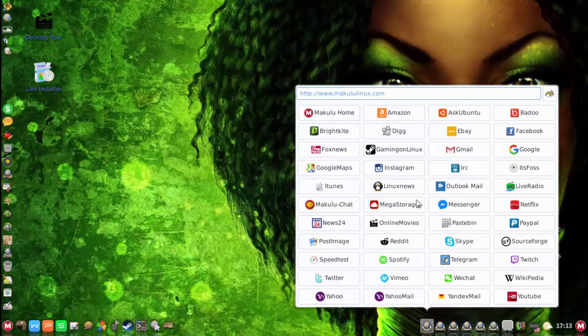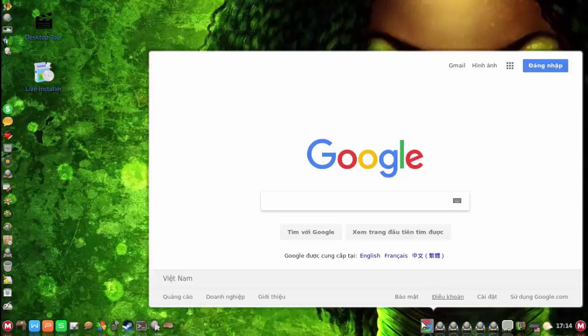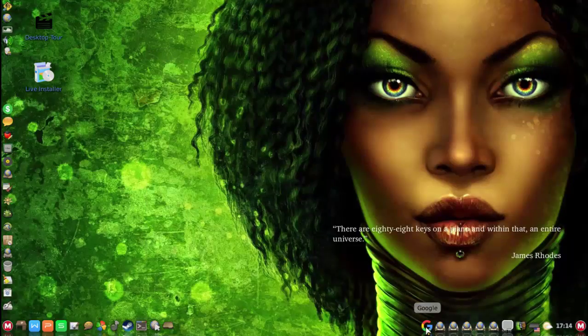So let's say I want to add Google. So I go to Google, and there we go. Now I've got Google over there. So I click that from there. It's now set to Google. It will always be set to Google. Just set it to English. So every time I click on it now, it will open Google. So now it opens Google